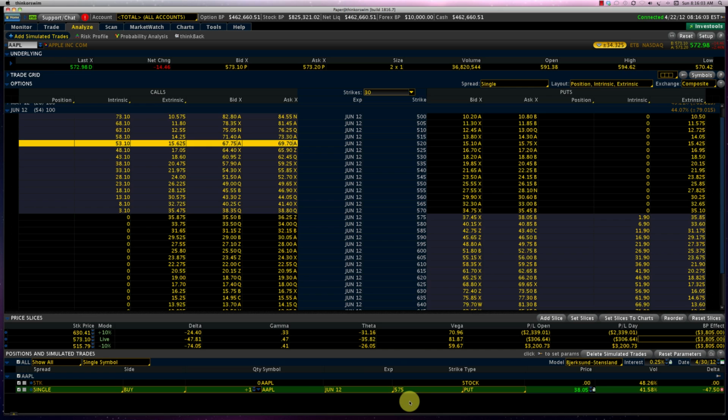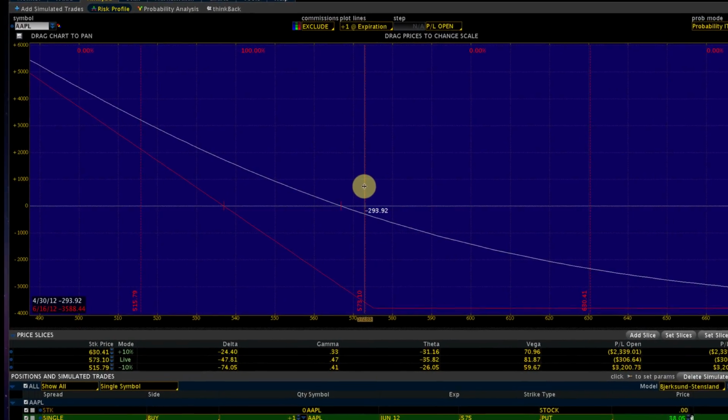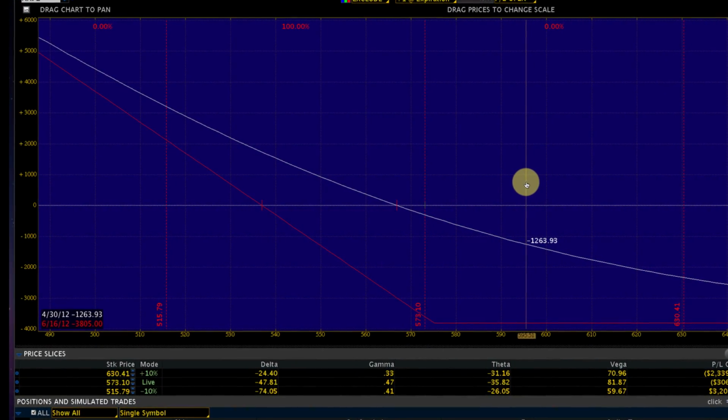So this is our put option, and the way we analyze this is we go to the risk profile, and that's exactly what the risk profile of a put buyer looks like. The put buyer will profit if the value of Apple goes down, and if the value of Apple goes up, then he's exposed to losses, but the losses are limited because he's a buyer. And if you see the red line, that is our expiry line. The white line is our line today, and the bottom left numbers tell you that if Apple goes up, then